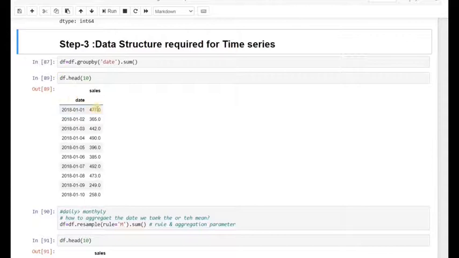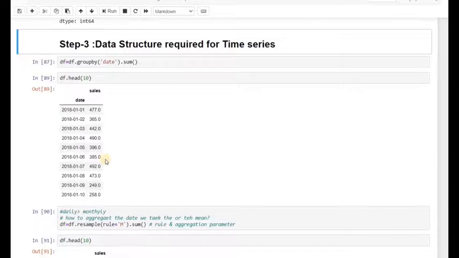Sales is generally recorded, and in this case also recorded, on a daily basis. But as per the business requirement, the sales figures are always seen and analyzed on a monthly basis. Target achievement, etc. are also calculated on monthly sales terms. So we have to aggregate the sales figures from daily to monthly.